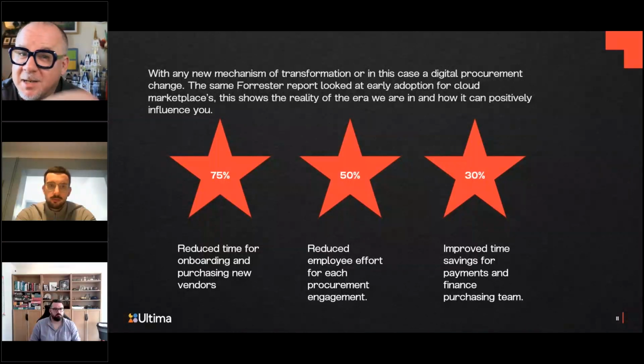And of course, again, you've got the great team at Ultima to help you go through that kind of software lifecycle management understanding. The key to this, however, is to get started. It's to get started and look at a transaction. Maybe there's something coming up within your business that you're thinking, can we transact it in this way? Key to this is, does it have a get it now button within the marketplace? Then have that conversation